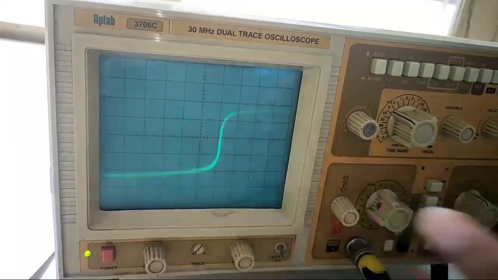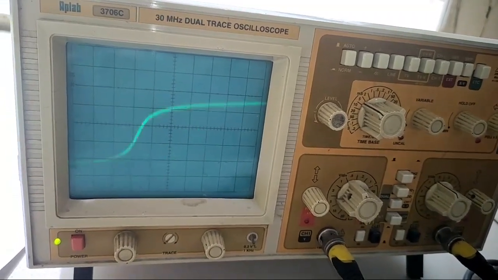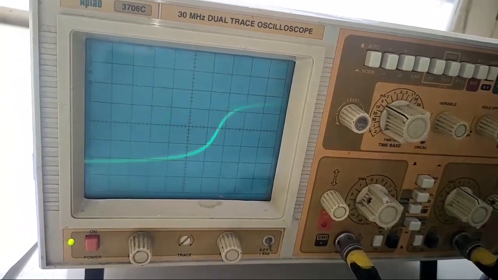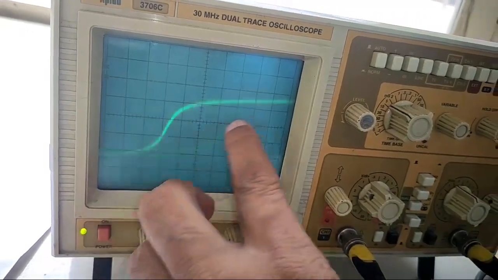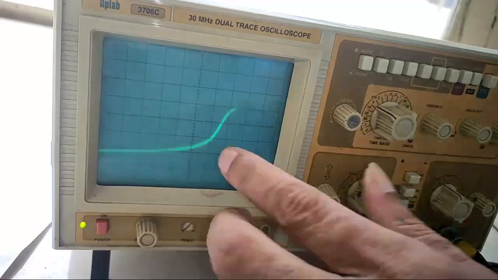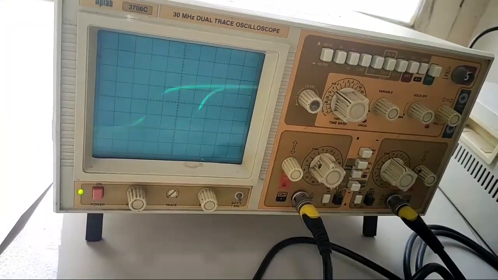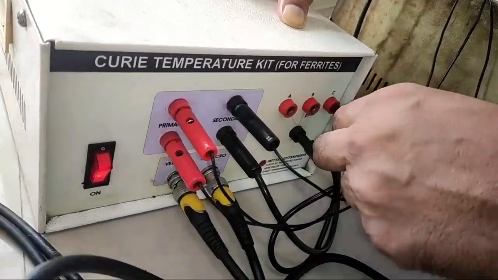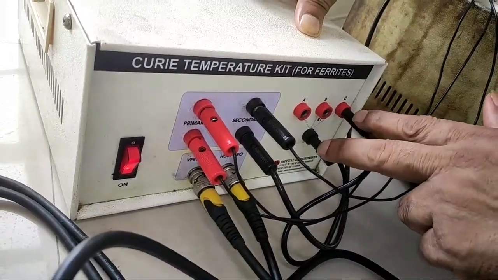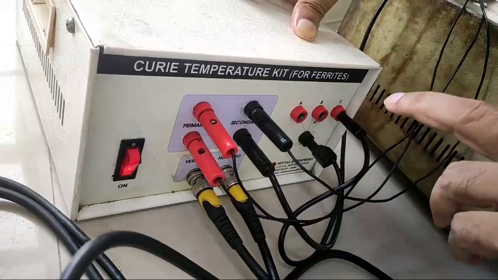Okay. And once I change it from 5 to 10, you will find that the width is widened. And we are interested in this one. Again, we will test when we go from 10 to 50, you will find that saturation magnetization is easily obtained over here. Just look at the peak here. So, this way we are going to select at which scale we are going to monitor it. Now coming to this part, we are putting the knob at 50 ohms. Okay. From here, now we will start heating.